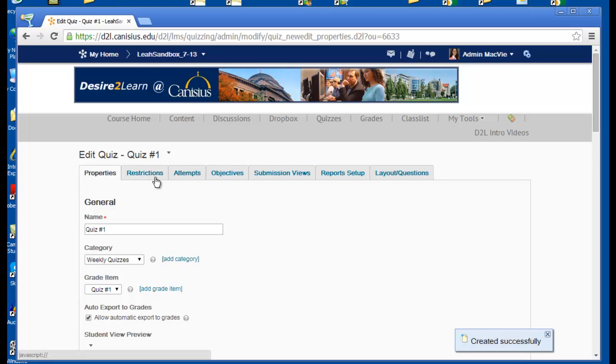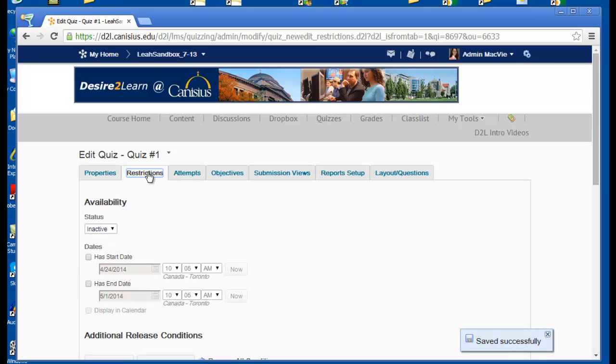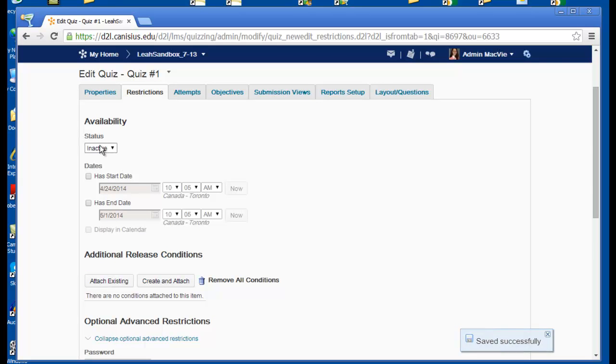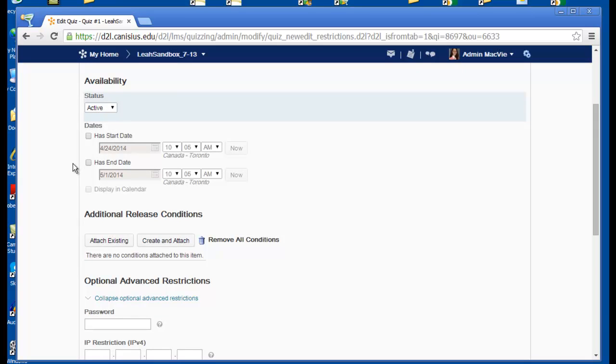And then we're going to move along to the tabs at the top. So the next tab is restrictions, and we definitely want to make our status active, which means that students can indeed see this quiz, and then we can set dates, start dates and end dates for the quiz and display it on the calendar. So in our case, we want to set it up for tomorrow to begin at 11